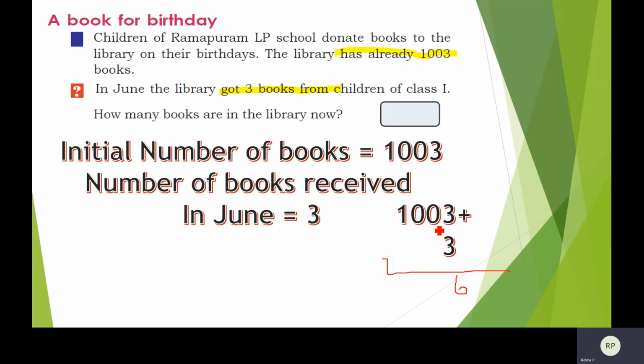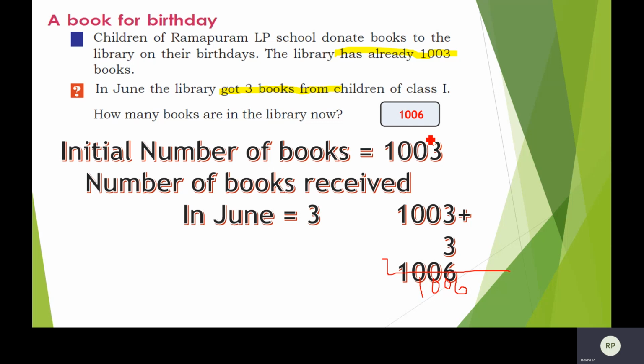Now nothing is there to add, so you can bring down all these things directly: 0, 0 and 1. So the answer is 1006. How many books are there in the library now? 1006 books are there in the library now.